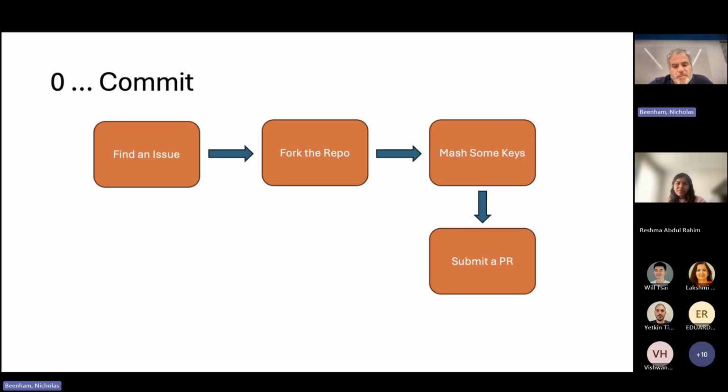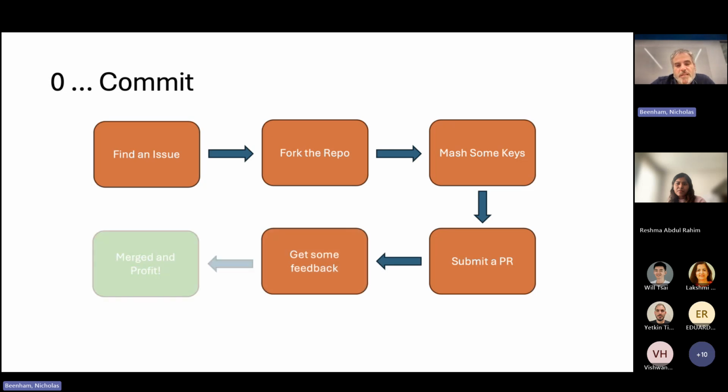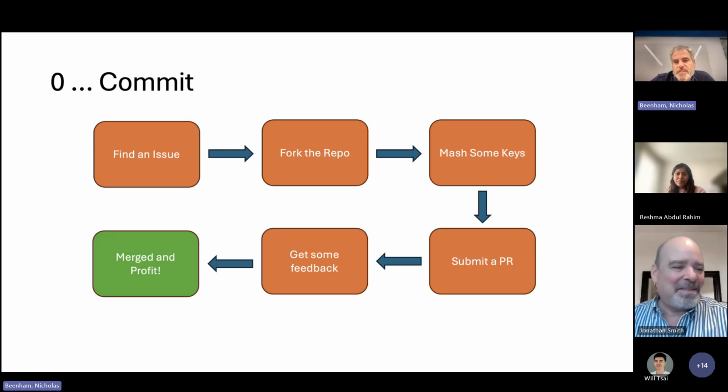Nothing that was outlandish, and it was just a really good experience. So I made my updates, I got my feedback, made some changes, and then merged and profit. And that was a great moment. To get my first PR merged and to see my name turn up in the release notes at the end of the month was great.